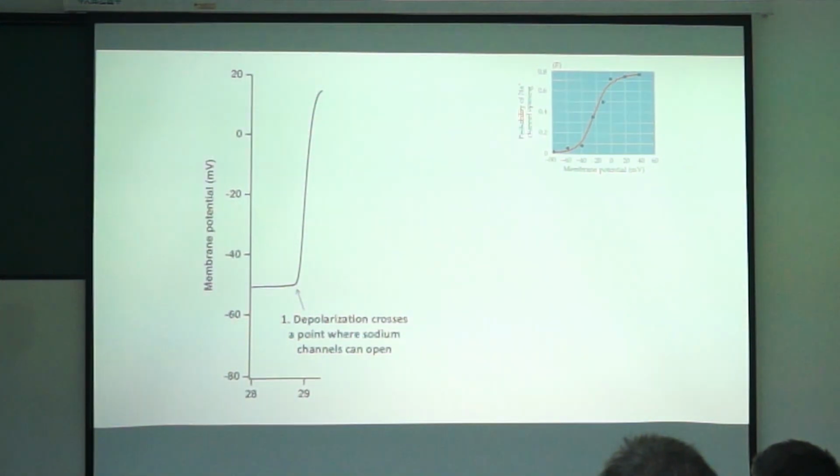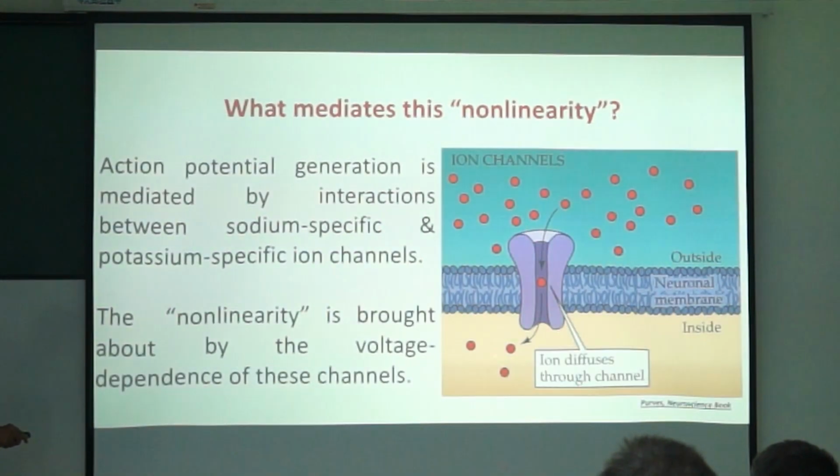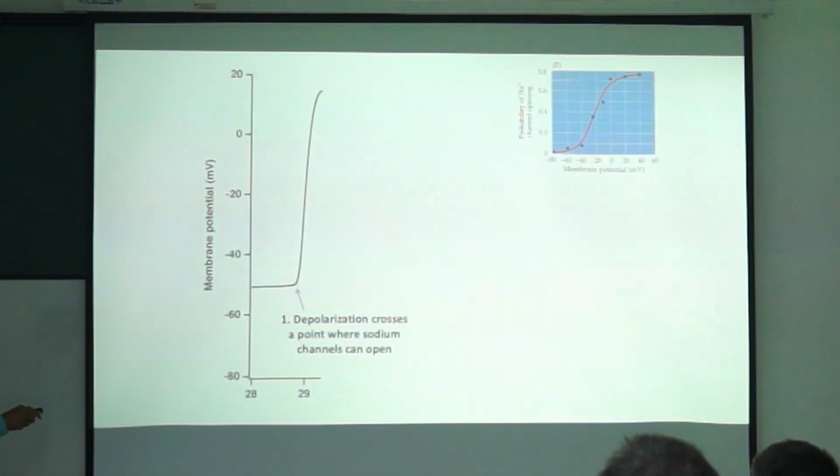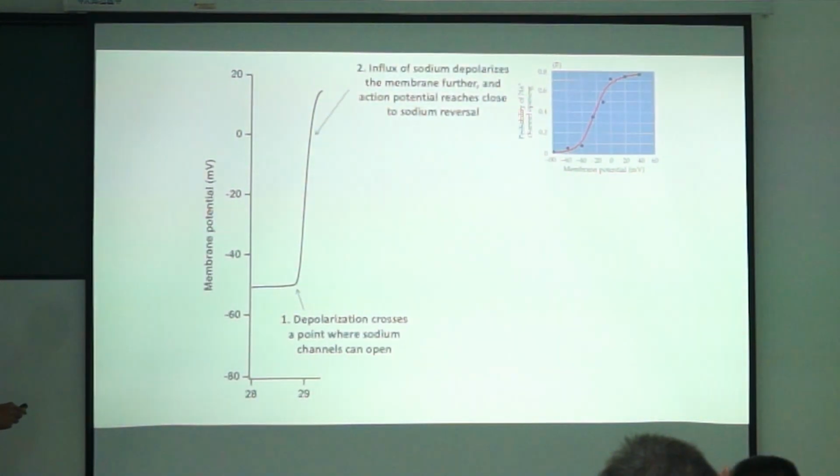Where does the positive feedback loop come in? You open a little bit of sodium channels, you get more sodium into the cell. That's a positively charged ion. That further depolarizes the cell and therefore takes it here. The probability goes up further. And therefore, there is a huge influx of sodium into the cell that takes it towards what is known as the equilibrium potential for sodium. And eventually what happens